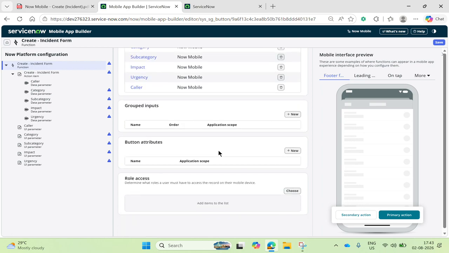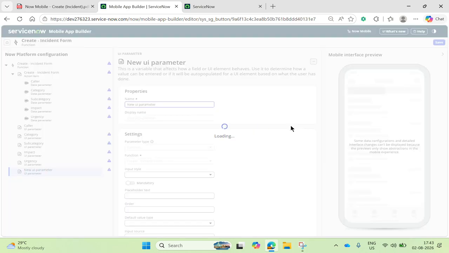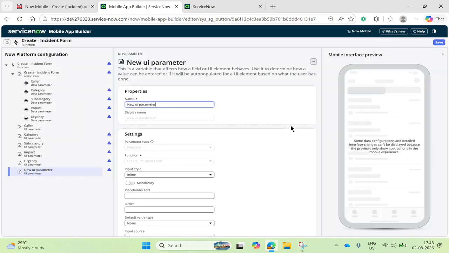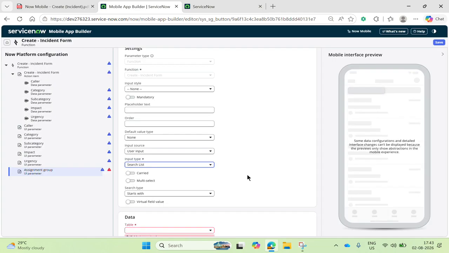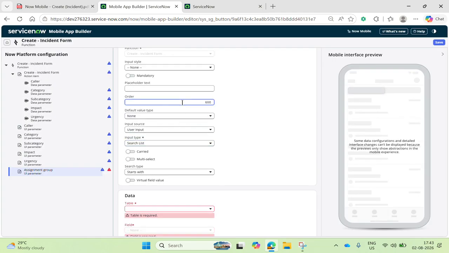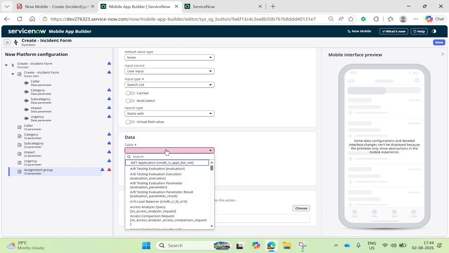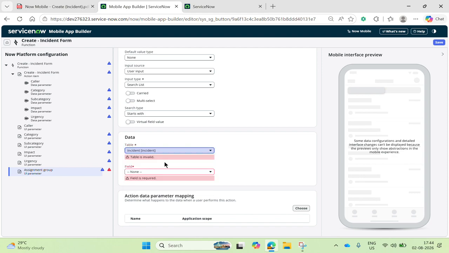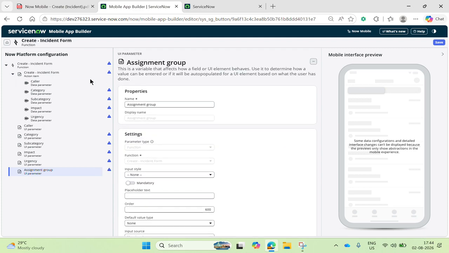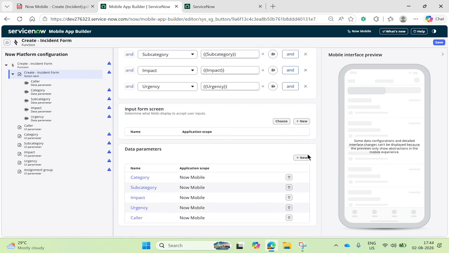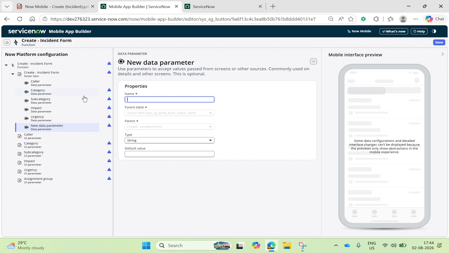Then go for function again, then create new parameter, assignment group, is a search list, add 100, incident, then assignment group, then go for action item, create new data parameter for assignment group,